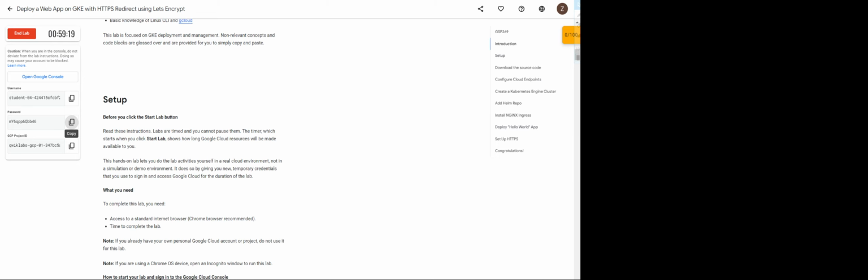Okay, let's see what we need to do. In this lab you will deploy a containerized web application, not using VMs, but using containerization. Then we will set up the Nginx ingress. This is one of the rules for your Nginx web server, the lightweight web server, and then you will install the cert-manager into your cluster to automate the SSL certification